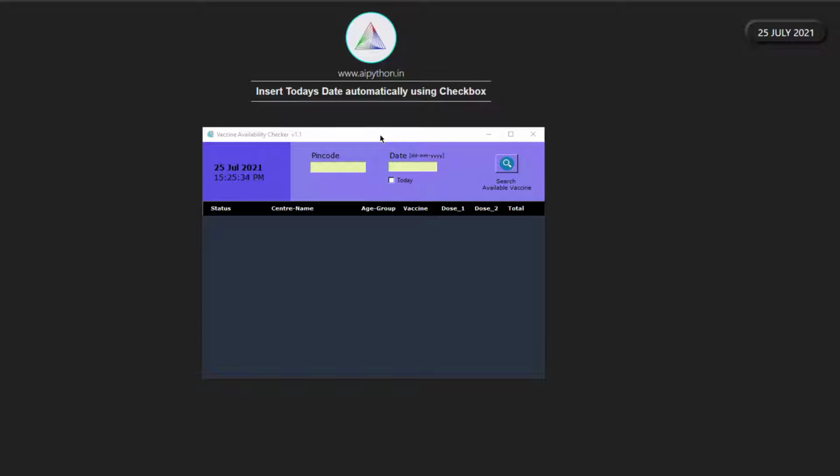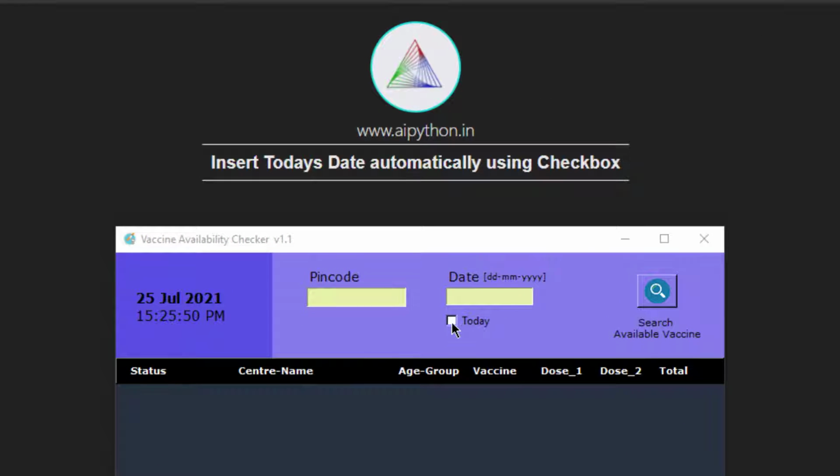After this video, you will be able to create this kind of app which has additional functionality as compared to the last video, and which is this checkbox button. So when you click on this checkbox button, you see today's date, which is 25th of July. It will be inserted in this format here automatically. So this helps you directly fetch today's date, right? By just clicking on this checkbox. And further on, let's say if you want to change the date, it is very convenient for you to change the date, let's say from today to tomorrow, right? And this is what you will be able to achieve by the end of this video.